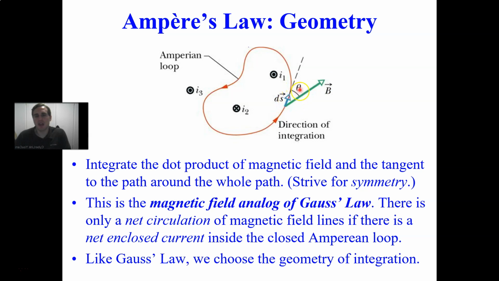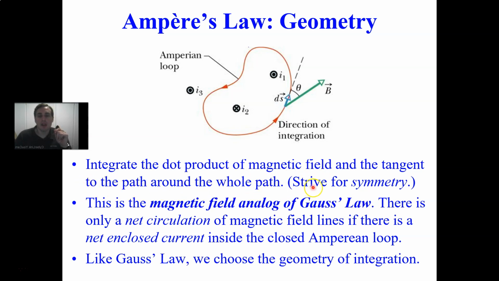Let's let this be the angle theta, and again, on the previous slide I called it the angle phi. But anyway, it's the smallest angle between the unit tangent vector and the magnetic field vector. Let's let the direction of the Amperian loop be the direction of the line integral. So we're going to integrate that dot product of the magnetic field and the tangent to the path around the